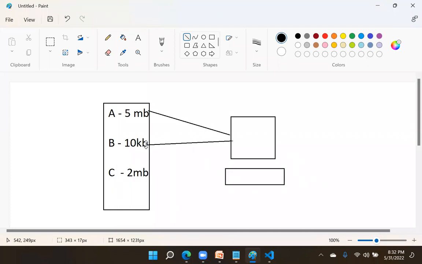But asynchronous is not like that. Asynchronous means it will make a request. If it is taking time, it will make a request to the second. After that, it will make a request to the third. Whichever request is ready, that will come first. It will not wait for a request. This is asynchronous. Asynchronous will not make a task wait for other tasks. It will do all simultaneously. This improves the performance and speed of the application.